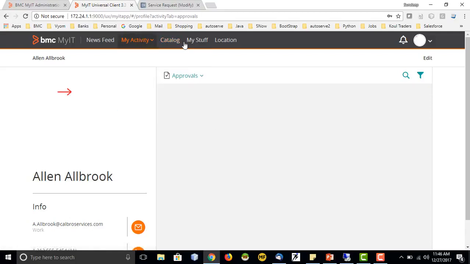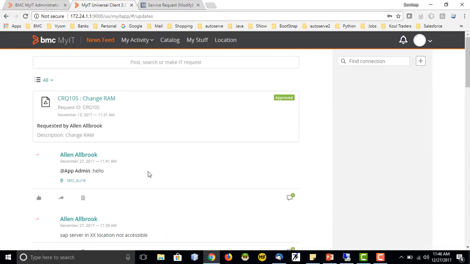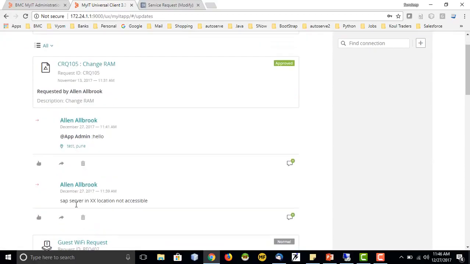Okay, now moving on to the news feed section. Whatever activity I am doing in my system is all displayed here. Let's say I approved a request, then I posted something to app admin, then I added a comment.